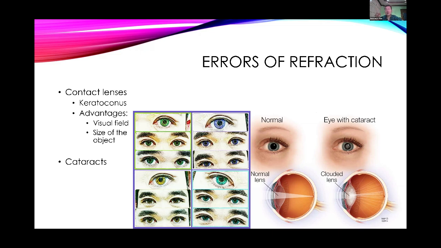When I look to the right, clear. When I look to the left, clear. Or anywhere else, clear. Why? Because the contact lens is floating on top of the cornea. When I move my eyeball up, down, left, right, 360 degrees, the vision is still clear because the contact lens can follow the eyeball. So in 360 degrees, you'll have a very sharp visual field as compared to wearing spectacles or eyeglasses,